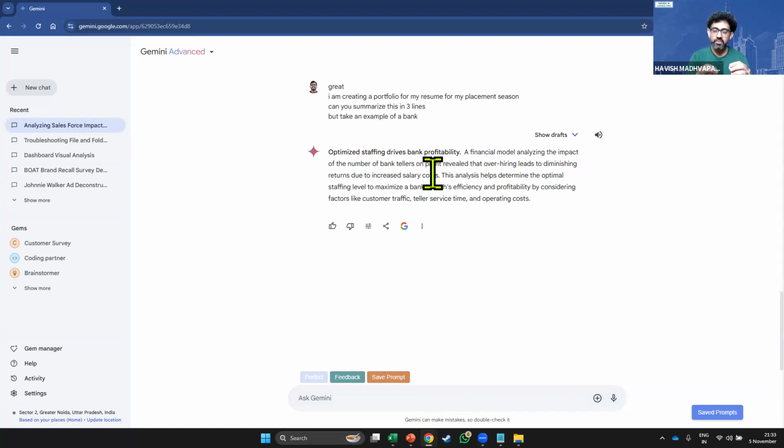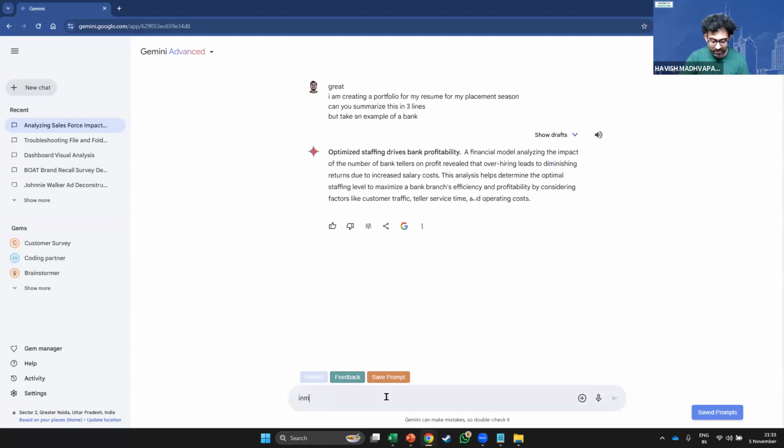Now, see, every lie has to be built on a foundation of truth. I'm not saying you create anything out of thin air, because how will you defend it? But the point is that if you've already done something in like a class assignment, a capstone project, maybe a live project, use that as a foundation and embellish it. Just add a few exciting points to it, because at the end of the day, everyone wants to see something that is crisp, but that 1 or 2 lines should have a lot of detail in it. And I think this does have a lot of depth in it.